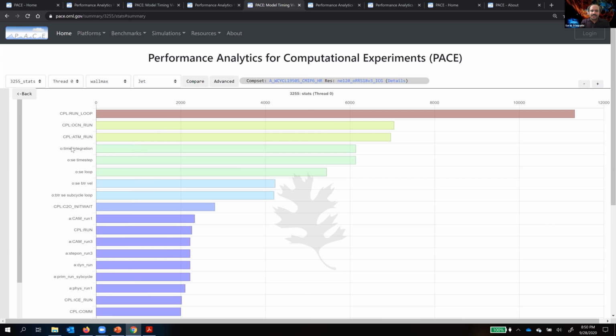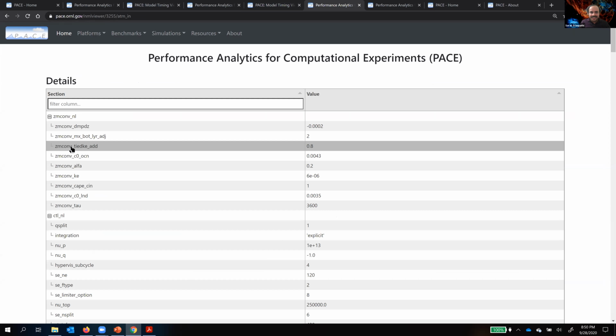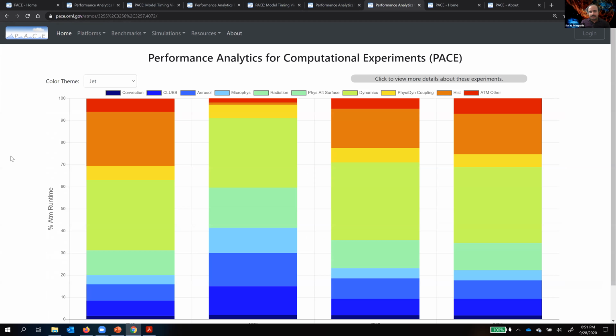So tree graph, flame graph, and these things. This is the namelist viewer. You can interrogate a particular model input file and then drill down deeper into it and filter based on that data. This is another comparison view of specifically the atmospheric model timings.